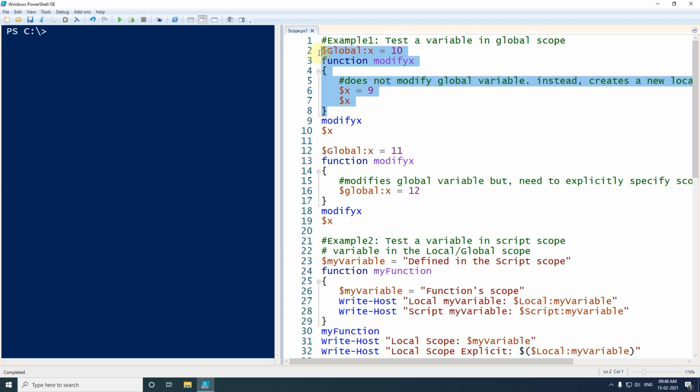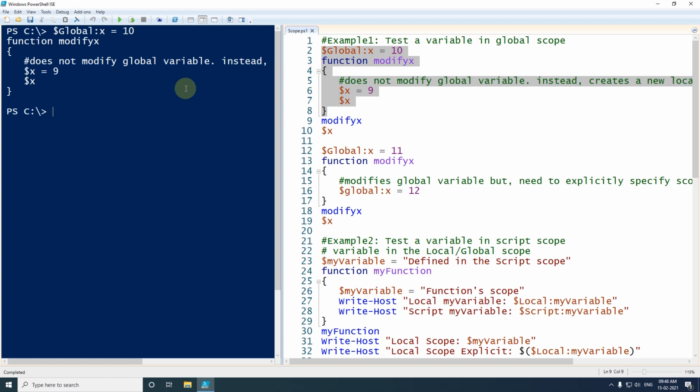Now if I call this function, you will see that although we assigned the value 10 to the x variable, after calling the function we get the value 9. This is happening because this is the local copy of the same variable. So if we do something here, it changes locally and will not change anything in the other scope.